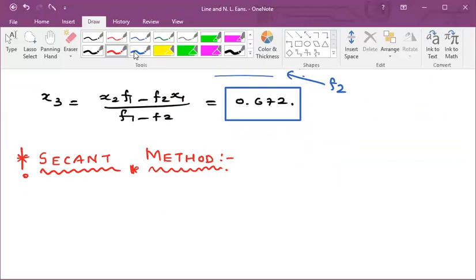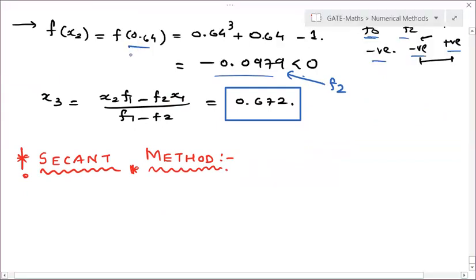Now see, the steps for the second method are. It is the same as your regular falsi method, but in this case you don't need to check step 2 or step 3 for which interval you should proceed. That means you have to proceed in a single direction only, right? Let me give you its steps first. So it is similar to regular falsi, except that in this method you need not have opposite sign in the interval, right?